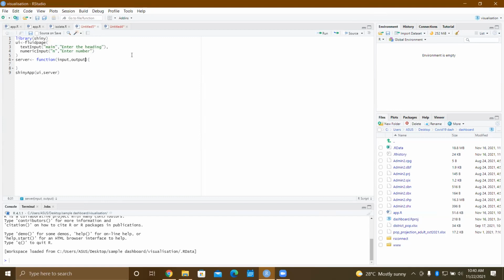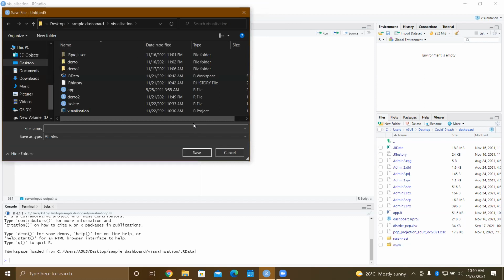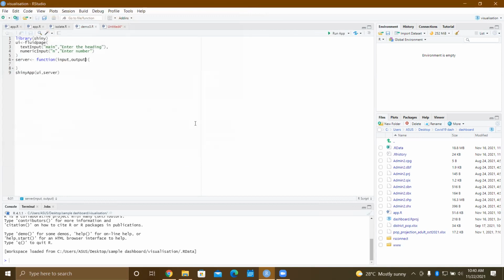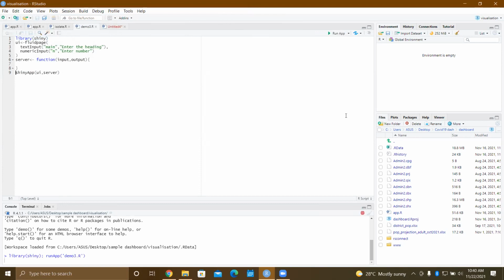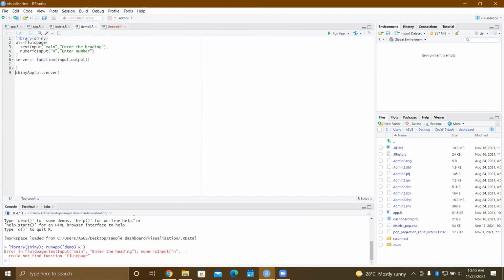Okay, so save it. You can see after I save it, since I have the Shiny function, you can create a Shiny app from any R script you want. If it has the shinyApp call, it will give a pop-up as Run App. So let's run the app and see what it is showing.